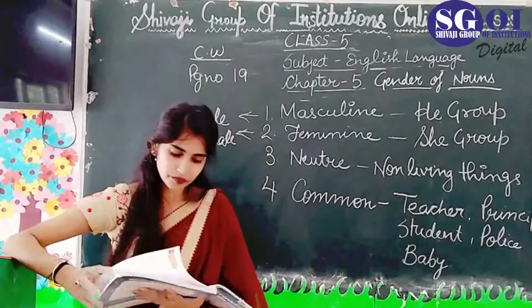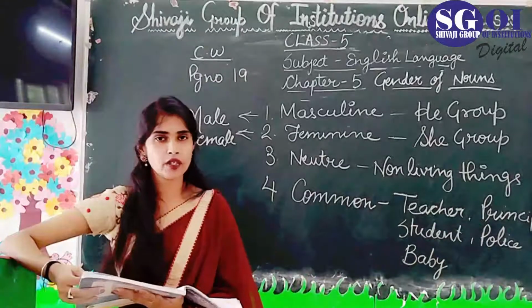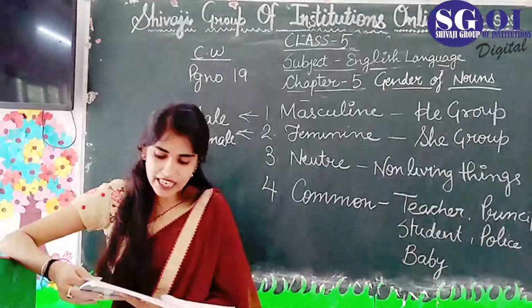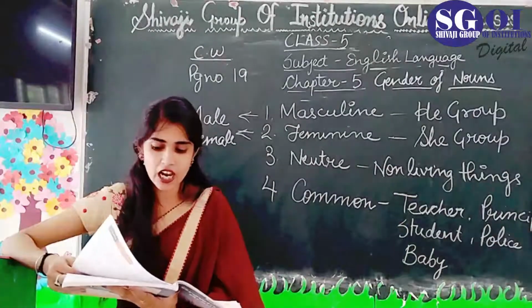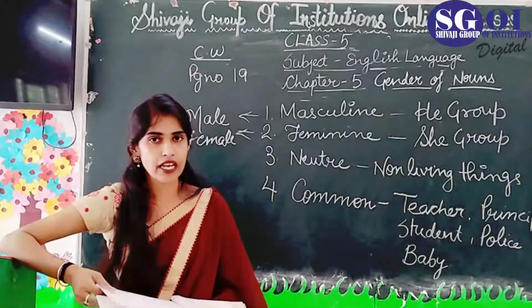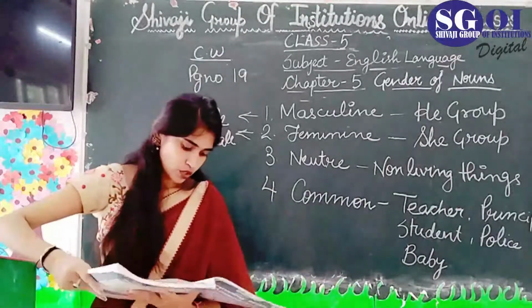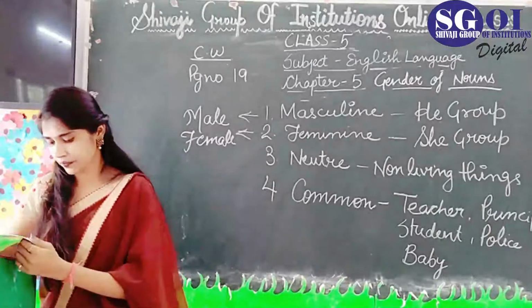As like father, mother, brother, sister, king and queen. Don't write only the opposite here, complete the sentence also. If a sentence is given, the king passed the law, the queen passed the law. Okay? Write down the whole complete sentence here. So do it also by yourself. This is an easy exercise.